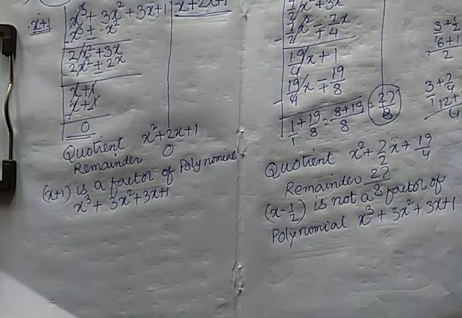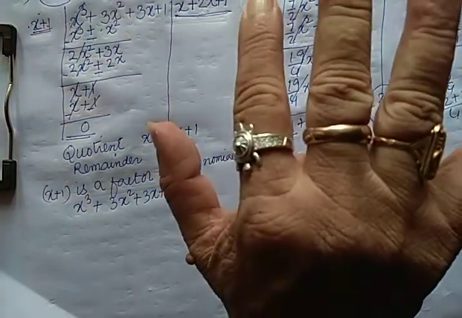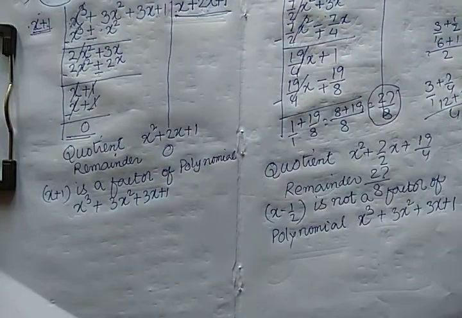Okay, I think you understood how to divide a polynomial by a linear polynomial. Clear? And this thing also you understood, when a linear polynomial would become a factor to a given polynomial. Very simple. If you get remainder 0, then it will be a factor. When you get some remainder, it will not be a what? Factor. Clear?